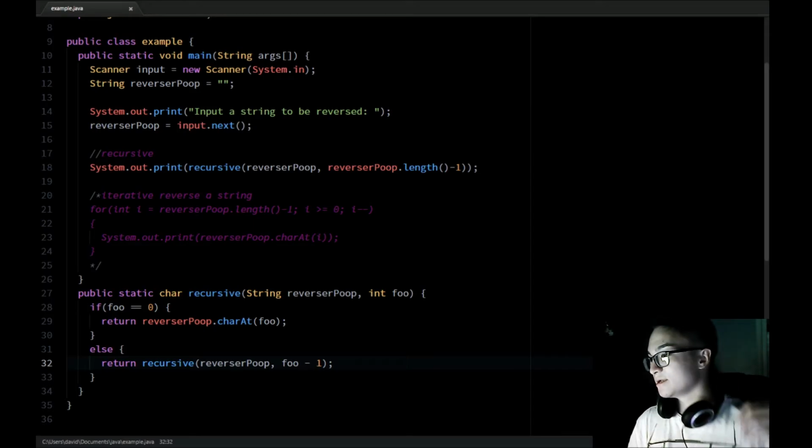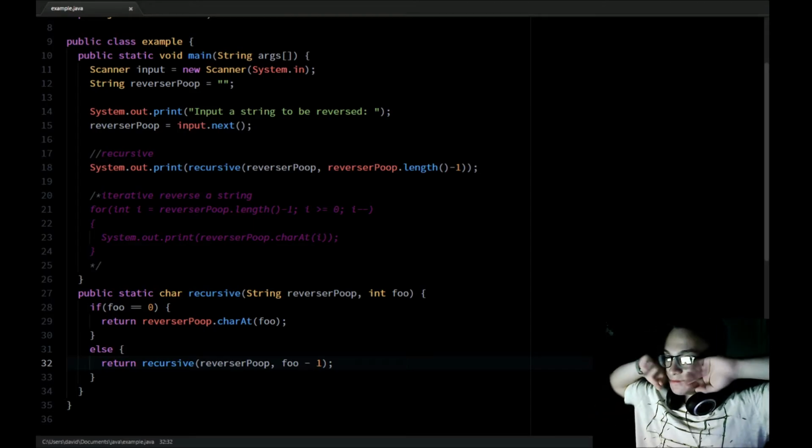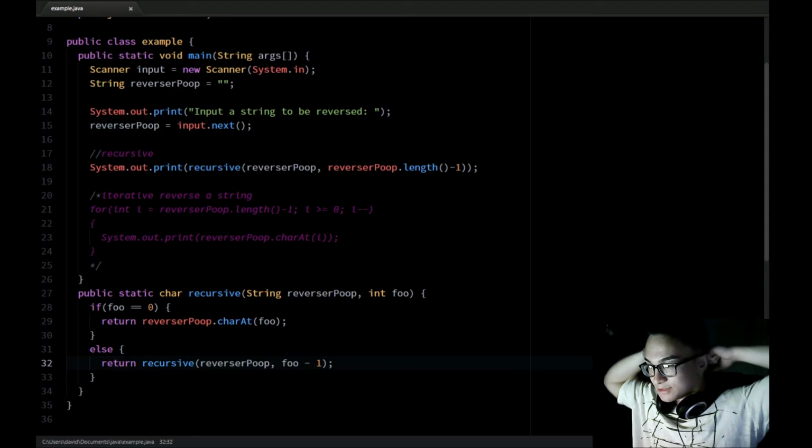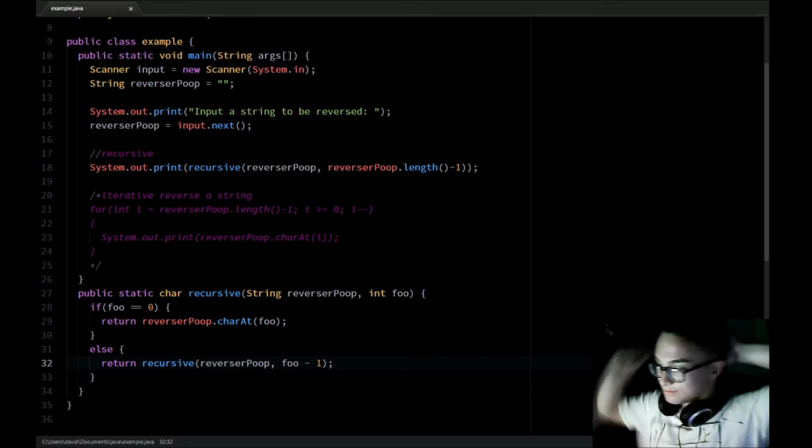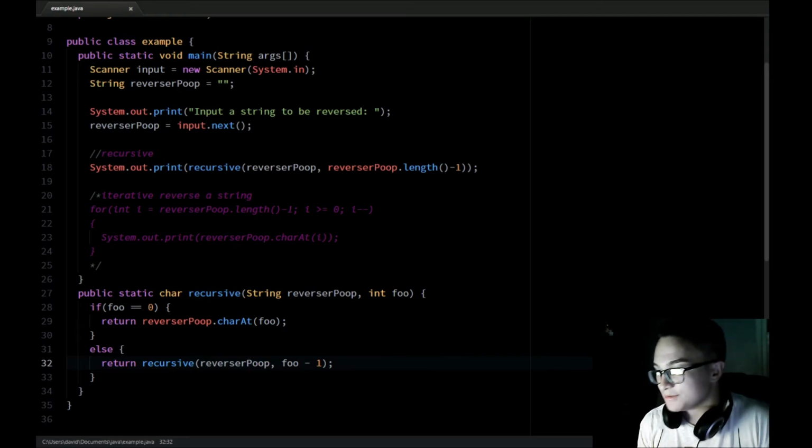Let's see. The counter equals return, else print line this plus the counter, my method minus counter. Essentially what I'm doing though is